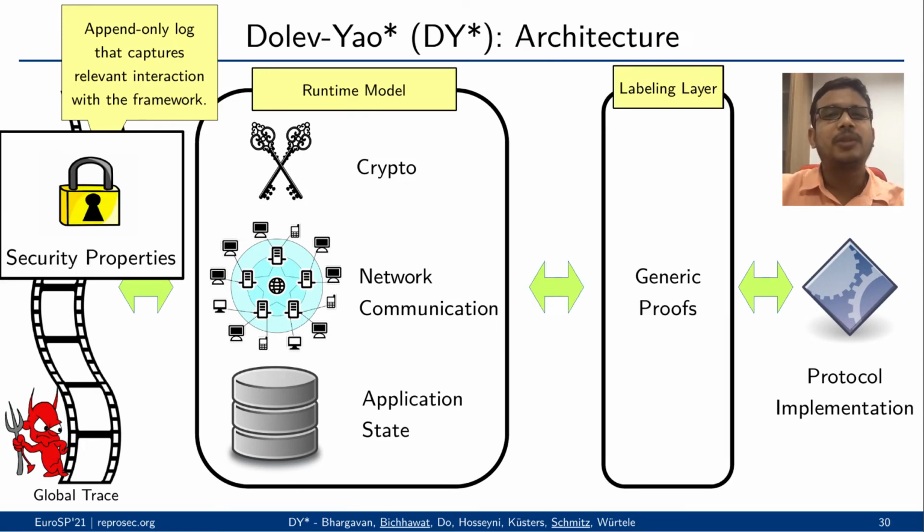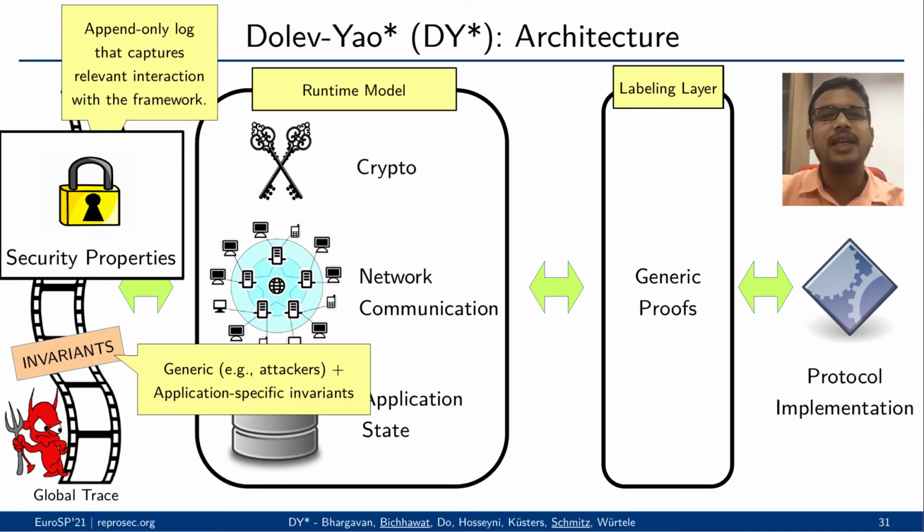We prove security properties for the trace by using an abstract labeling layer that reasons about the secrets used in the protocol. We refine the types of each function on their symbolic runtime layer to help preserve labeling constraints and invariants. The protocol code that uses this labeling layer and type checks is guaranteed to not reveal secrets to the adversary. These invariants allow us to prove generic security properties for the model once and for all.